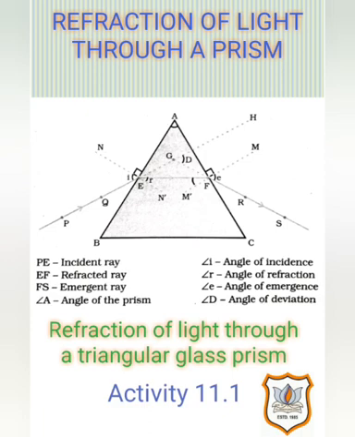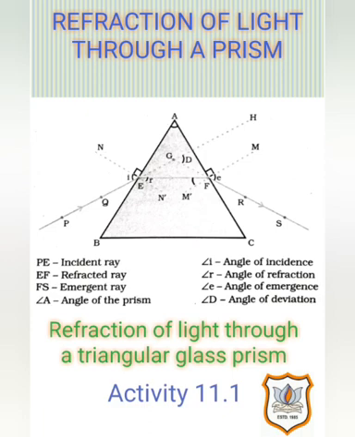Now, the triangular glass prism. A triangular glass prism is a transparent object made of glass having two triangular bases and three rectangular lateral surfaces, or we can say sides. Opposite surfaces of a triangular glass prism are not parallel to one another. A glass prism has five surfaces, three rectangular and two triangular. Is it clear to you all?